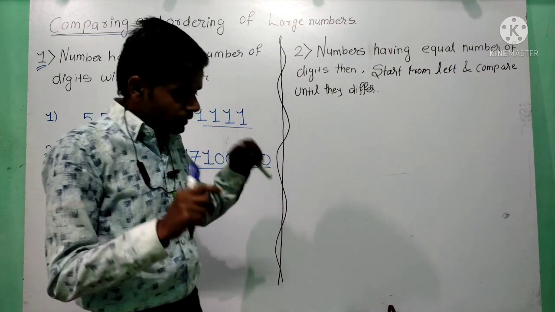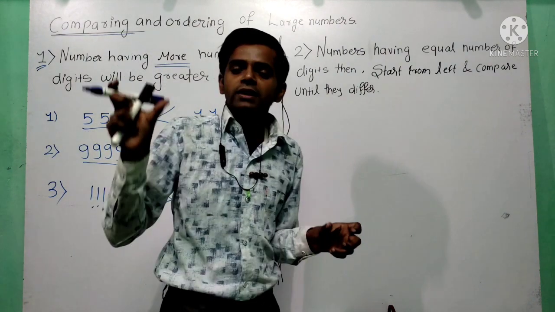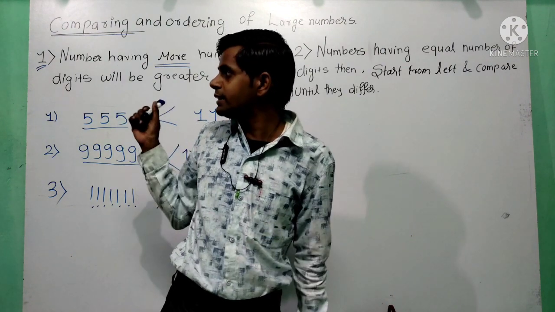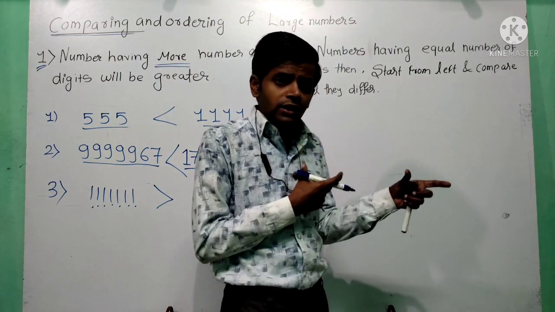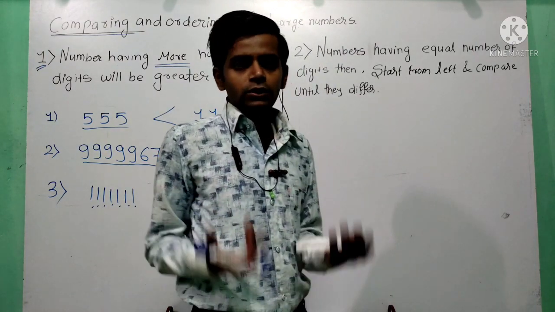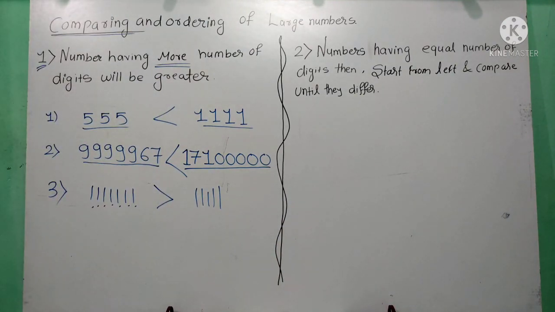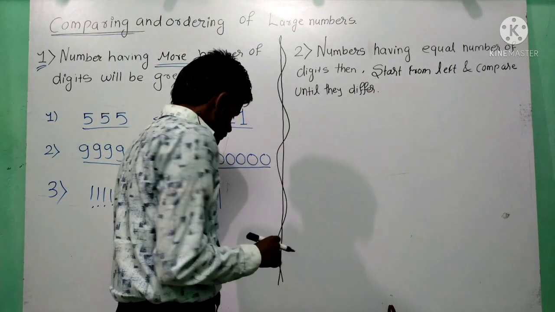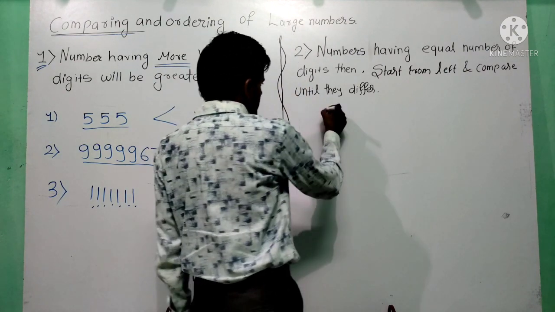Now let's move towards the second rule. And what is the second rule? If the numbers have equal number of digit, इसमें भी 5 ही digit है, इसमें भी 5 ही digit है. Now how can we compare? Because the first rule is only saying, जिसमें ज्यादा वो बड़ा. But now we are taking numbers having equal number of digit. दोनों number में equal number of digits रहेंगे. ठीक है? तो equal number of digit वाले example लेना है. अब यहाँ क्या करेंगे?